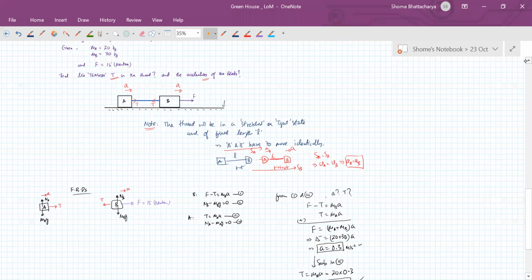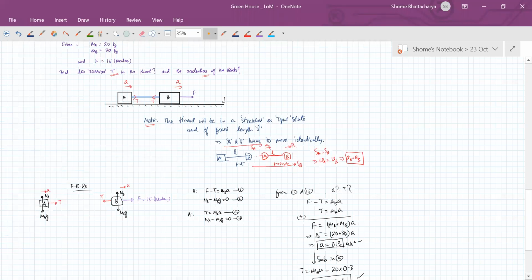But you'll see it is just like problems we have solved previously. We are solving net force is equal to mass into acceleration from the free body diagram. All that is happening along the horizontal direction. But the only thing is now in our analysis we are including the other force of tension. Of course, from equations 2 and 4, you will get the normal reaction acting on A is equal to its weight, which will become 200 newtons, and the normal reaction acting on B will be equal to B's weight, which is equal to 300 newtons. But this is not really important for us right now because we wanted to find out the tension and the acceleration, which come from the horizontal component equations.